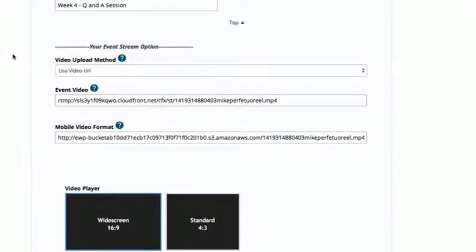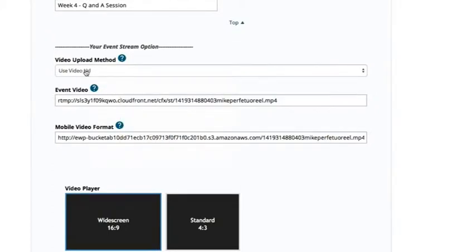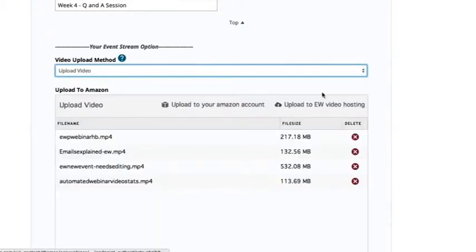So one thing that we have uploaded for everyone is the new Amazon Uploader, which is essentially your event stream options. This is where you're going to either add a YouTube video for your live stream with Google Hangouts and YouTube Live, or a pre-recorded YouTube video, because that will also play in real time. But also, if you wanted to upload a video into, say, Amazon or our own video hosting,